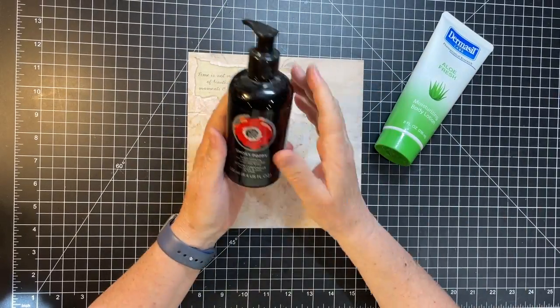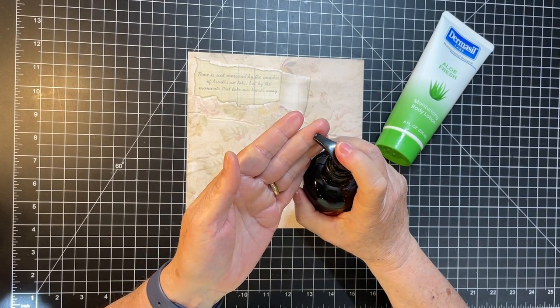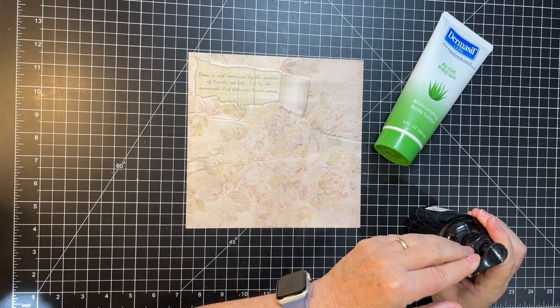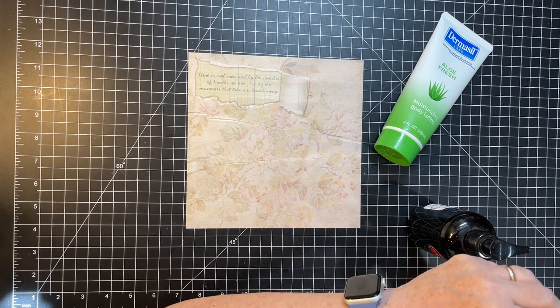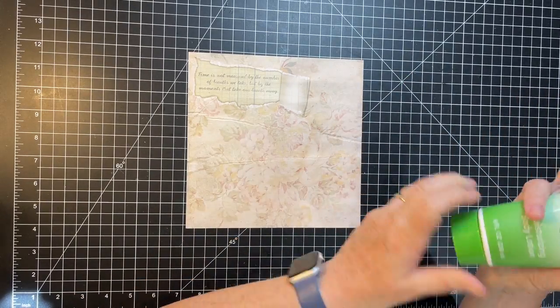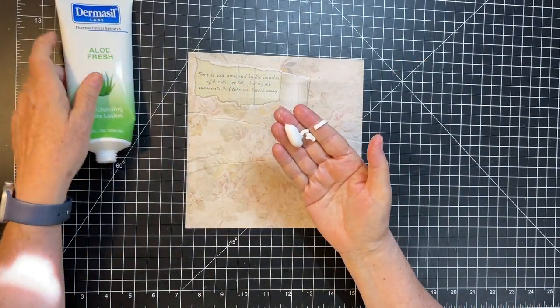I also have this just in my craft room. It's called Smoky Poppy. And it smells really good. I'm going to have to figure out how to open it. Anyway, it smells really good. And so that's another plus. Your papers can smell really good. So let's just get a good dollop like that